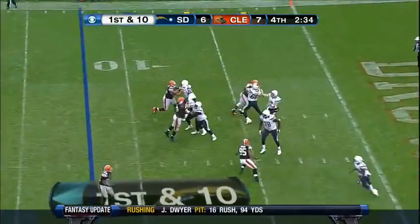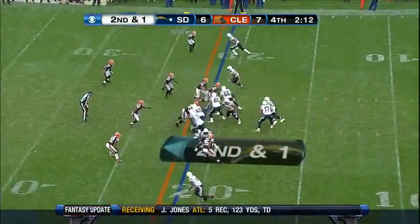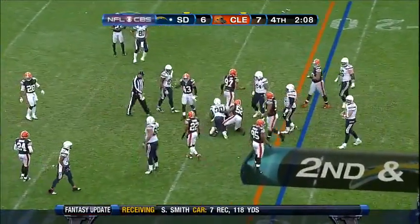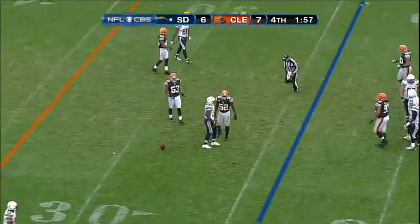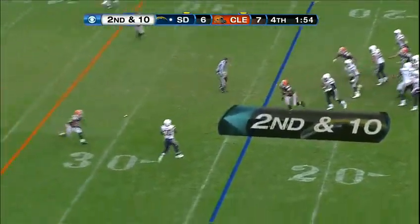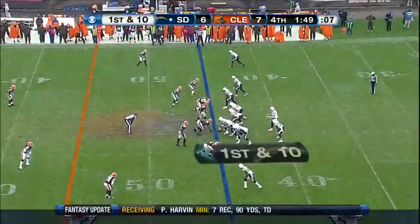1st and 10 for Rivers. Over the middle. Floats it to Gates. Draw play they give to Ronnie Brown. Rivers too low. Tended to go to the Broncos at home. 2nd and 16. This time completes to Brown. Has the 1st down. Forced out at the...